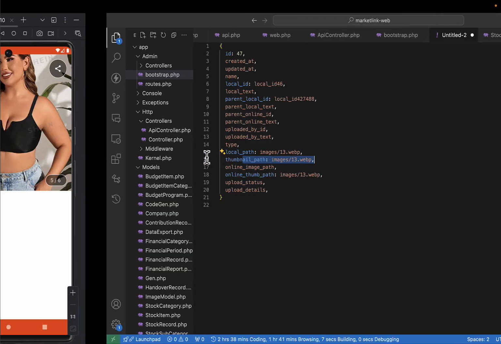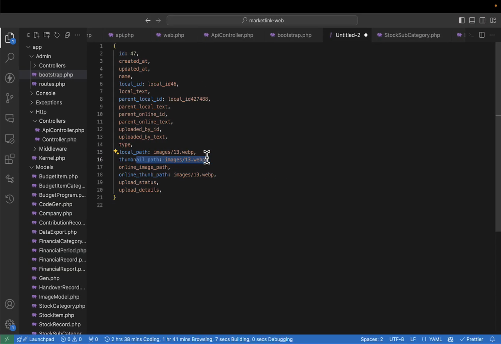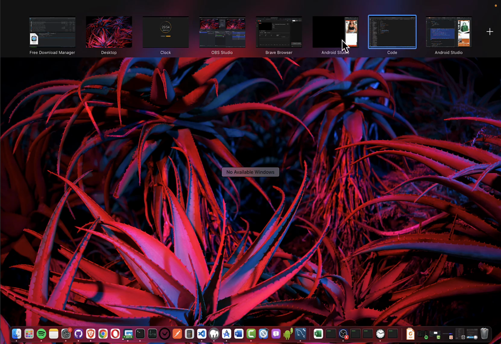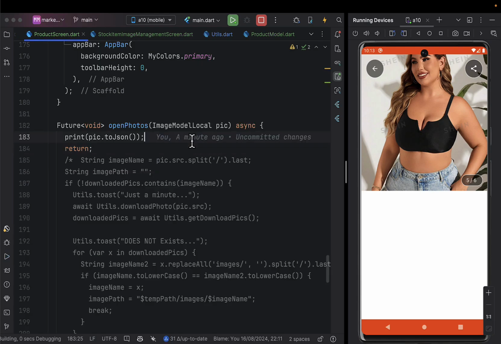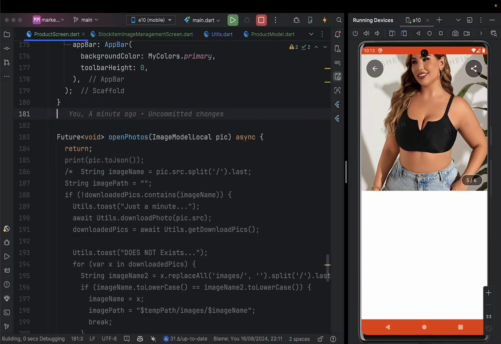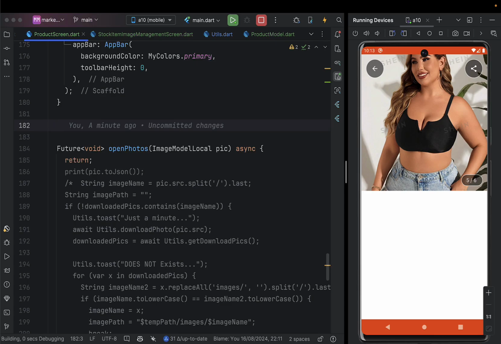So we're going to be downloading photos and keep them in our phone when someone does what? When someone opens the section of photos. All right, so let's create a function for downloading photos. So when you open this